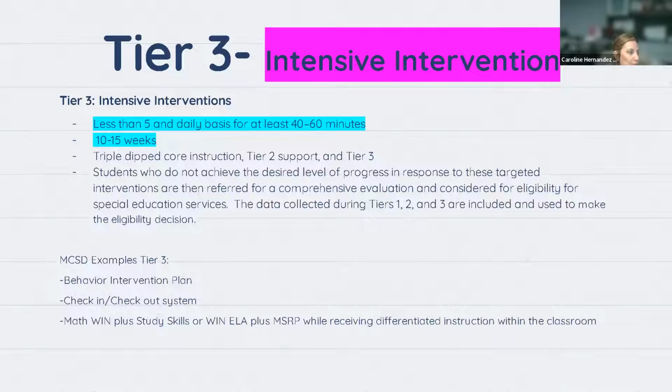I use some examples from a behavioral intervention for a tier 3 service for students. Right there, we have behavior intervention plans or a check-in, check-out system. And a check-in, check-out system can be really done with any support provider in the building. Oftentimes it is the school psychologist, the school counselor, it could be the principal, but it really can be any trusted adult who can help that student prepare for their day.